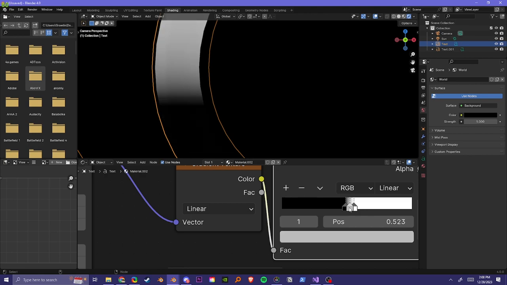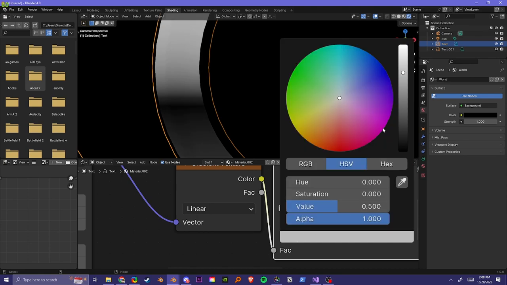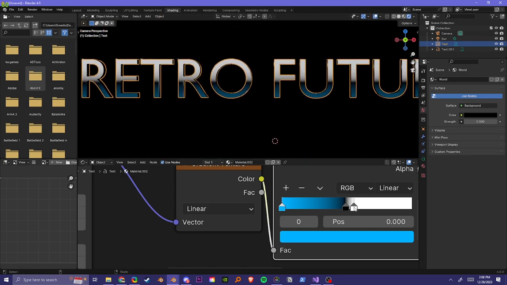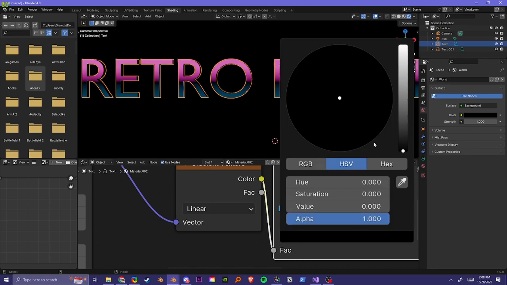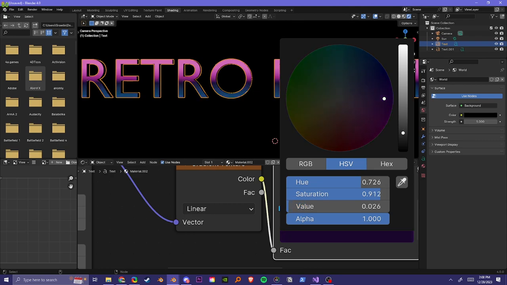Then add whatever color you want. I'm going to put it down here. This is where you get to have some fun. Make it whatever color you want. So I'm going to make the bottom blue, and I'm going to make the top pink, and I'm going to make the middle a darker purple. I like to keep it a darker color because you get that nice,